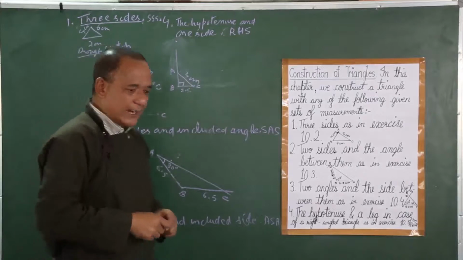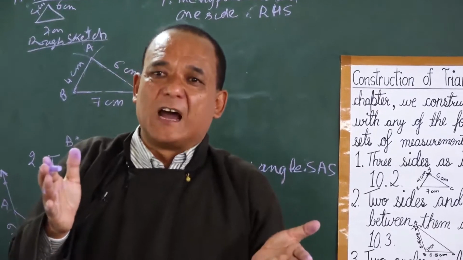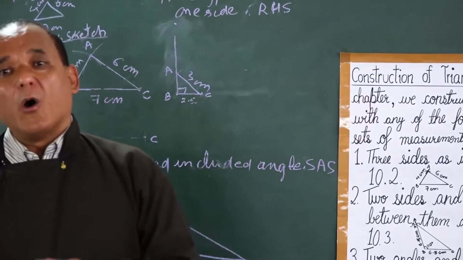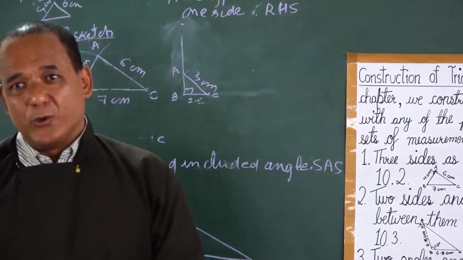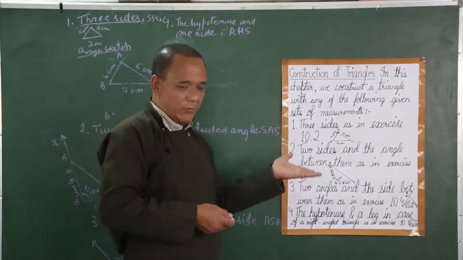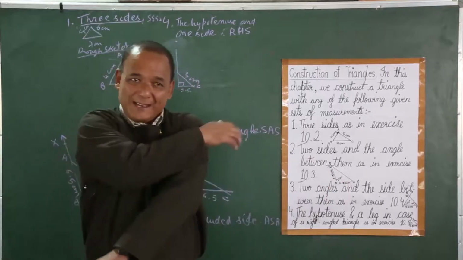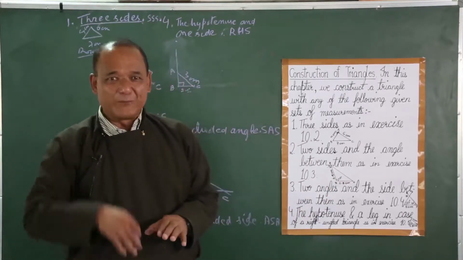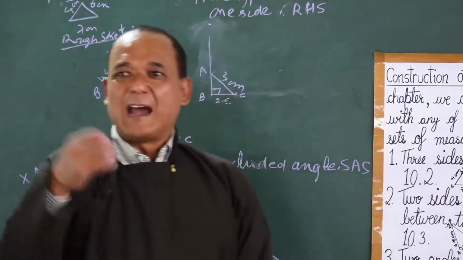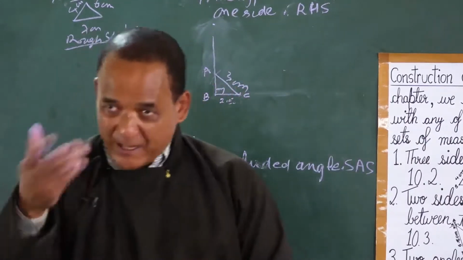I am not taking much of your time, because we have very limited time for classes each day. So I will not be able to tell you much more than what we have here. I think this is enough for you. If I had enough time, I would have told you more and more about all these things, but to give an idea about what exactly these 4 different types of triangles are, I think I have explained enough.